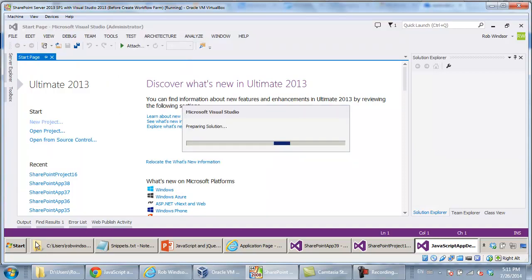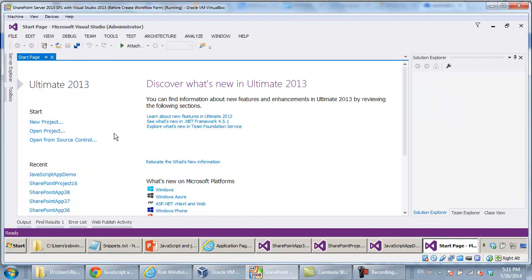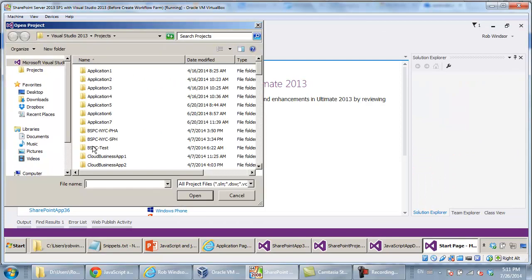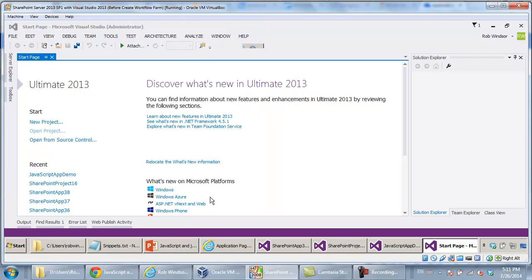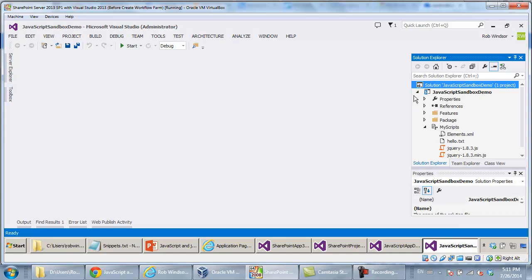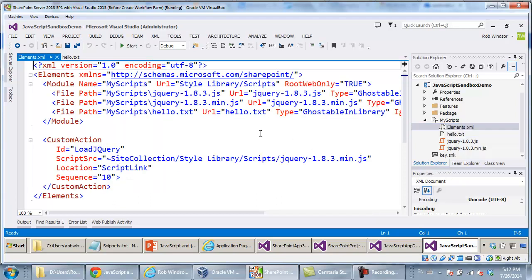Actually, while I'm here, since we just discussed it, let me go back over here. This sort of relates to the question the gentleman had a little bit earlier about working with lists, if you're going to be injecting JavaScript code into pages. For example, here I've got this hello text file that has some JavaScript code inside of it. I can put hello.txt into my scripts folder,